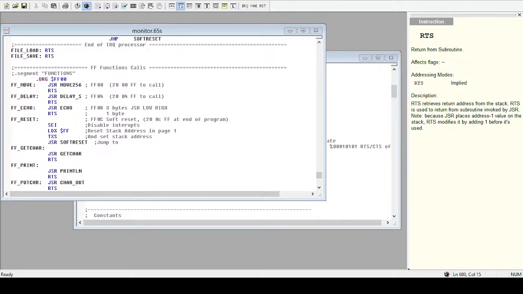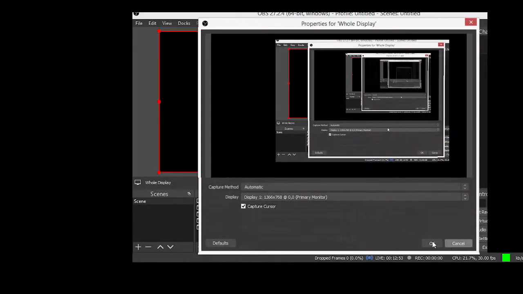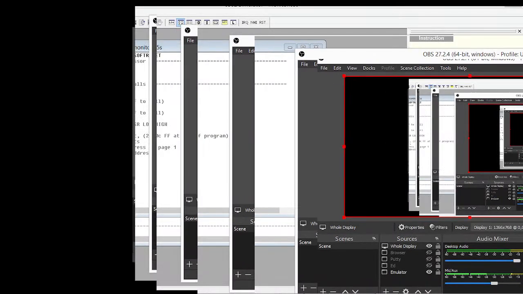Can I do screen? Video capture device. Window capture, display capture. Okay, so that should be the whole display, and if I bring this over to there,